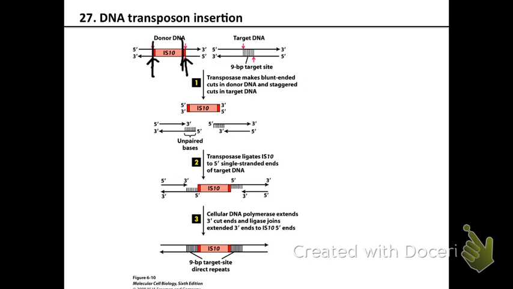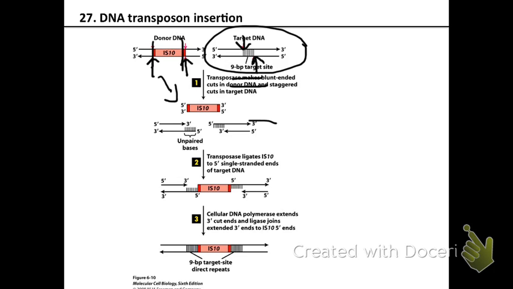So it removes that. Okay, so you have a blunt-ended double-stranded DNA. At the target site, the transposase does not cut in a blunt fashion. It cuts in a staggered fashion. Okay, so what it does is it cuts the target DNA offset in the 2 strands, right? So what you have is a staggered cut, just like some of the restriction enzyme cuts that you've learned about in the molecular cloning lecture, right?